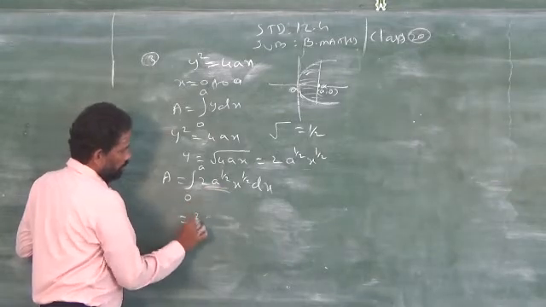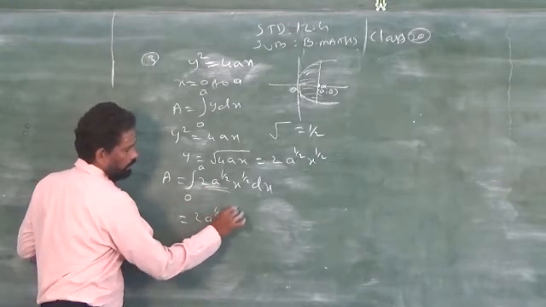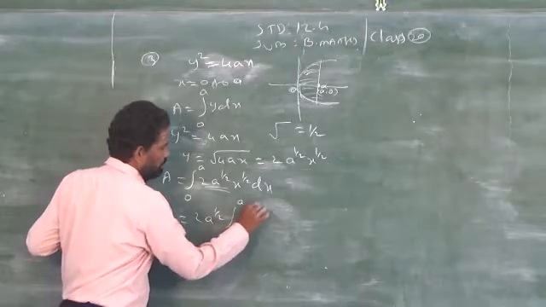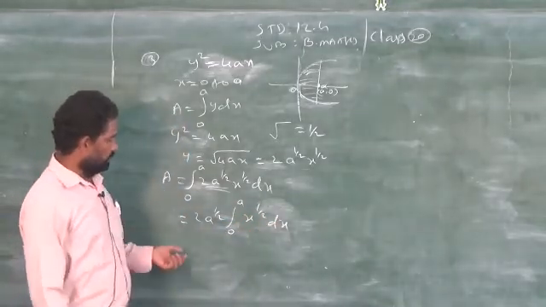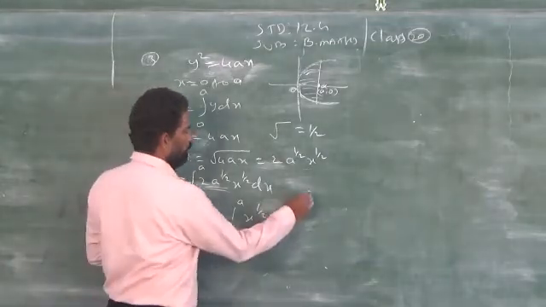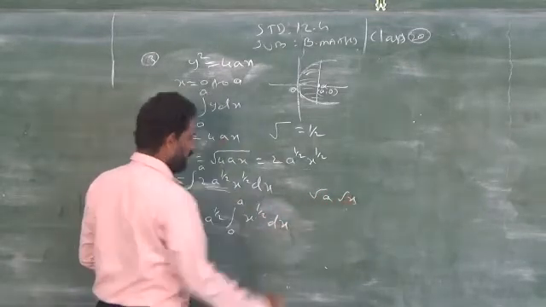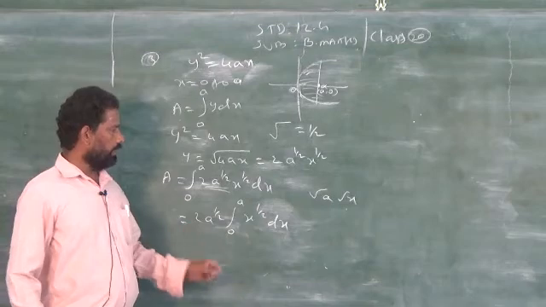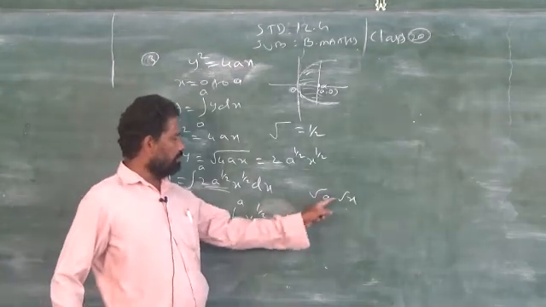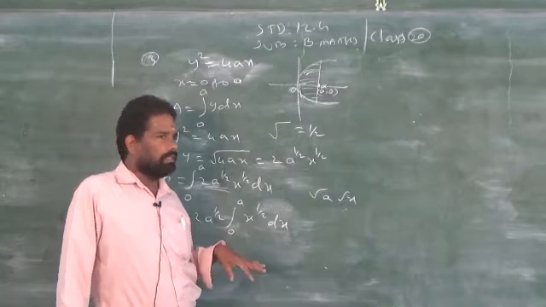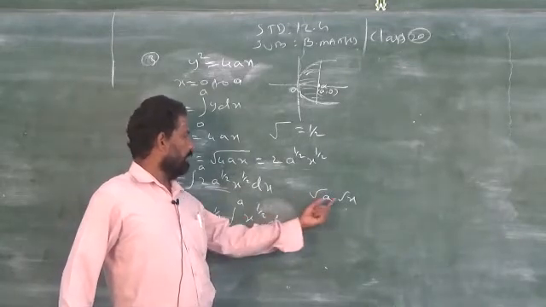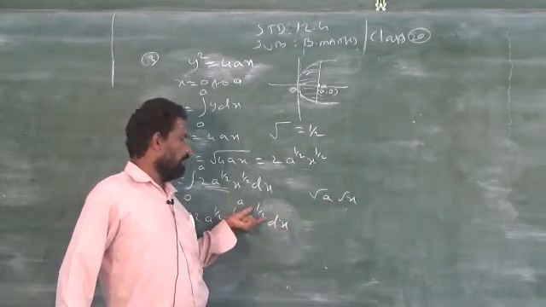So, these two are constant. Take outside, integral 0 to a, x power 1 by 2 into dx. So normally you think, why don't you use a power 1 by 2, root a and root x, sir? Because I have to integrate. If I am using the same symbol in the integrand, then I get some confusion. To avoid the confusion, I straight away replace the square root by the numerical value 1 by 2.